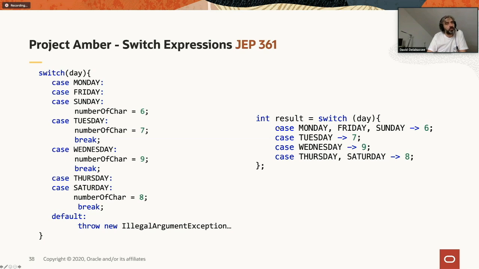So what we can do, oh, there is a question. Will we be able to use records as JPA entities? Not directly. You can use records with JPA, but the thing that you have to keep in mind is that records are immutable. So you cannot change any fields as soon as it has been created.